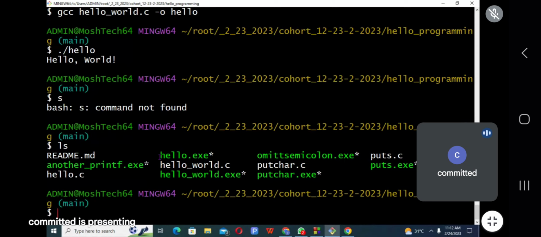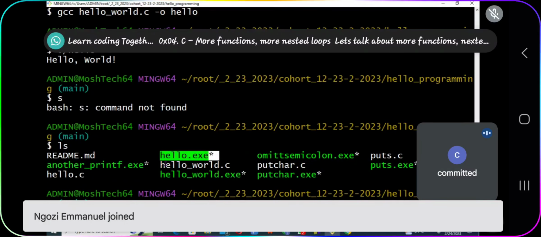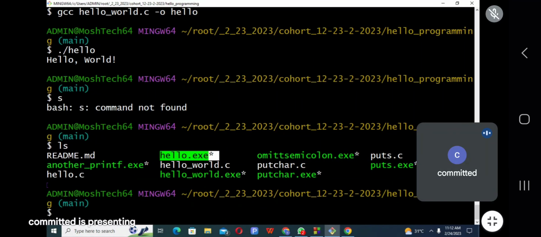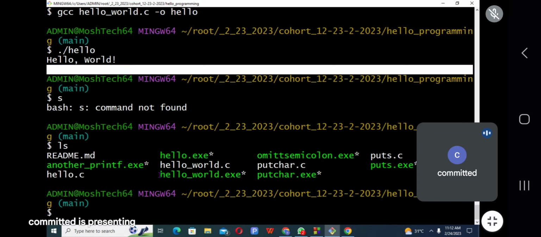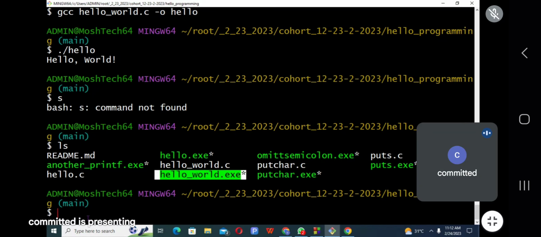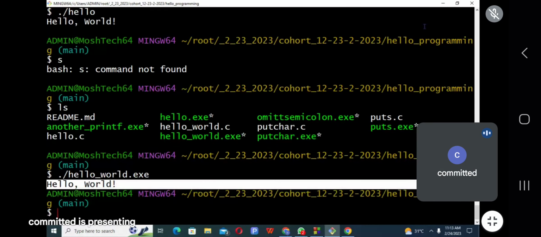So this file, hello, this executable file. So I added a new line to this one, to generate the new line here. But when it comes to this one, it has no new line when I compile that code. So let me call it out now. Can you see? This one does not have a new line.